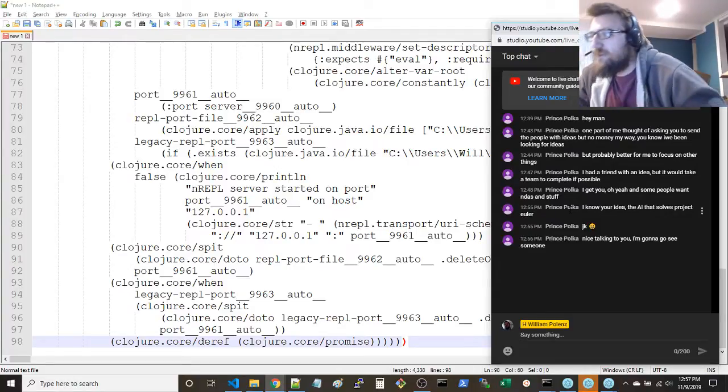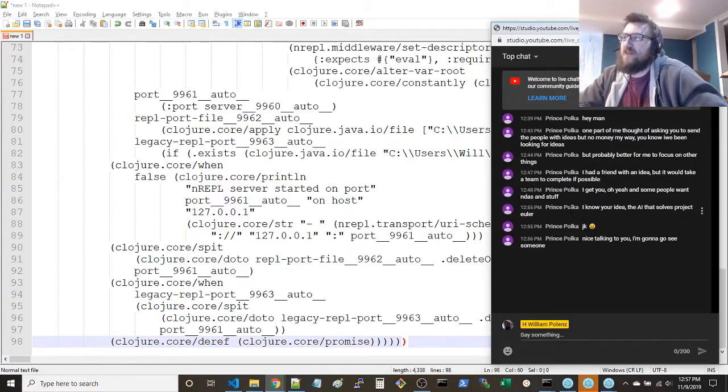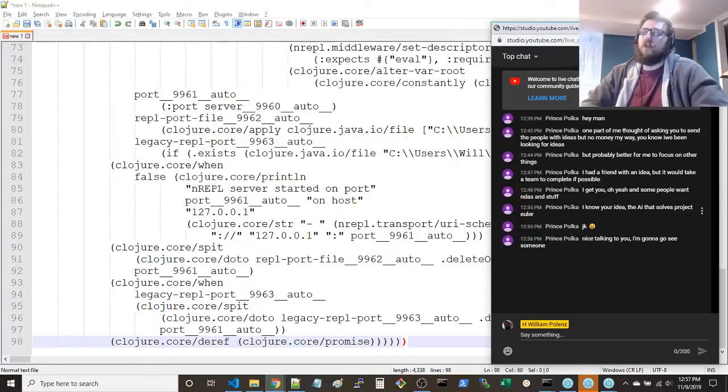I know your idea, the AI that solves Project Euler. Yeah. Eventually. I'm getting pretty close, I think, as far as the idea. Still mapping out how it can be done, but I've got a pretty good sense of what can be done. It'll be interesting. I need to learn more though about machine learning. There's a bunch of AI stuff that's been done already that solves similarly difficult problems, and I should learn how those work first. So I've got a long way to go.